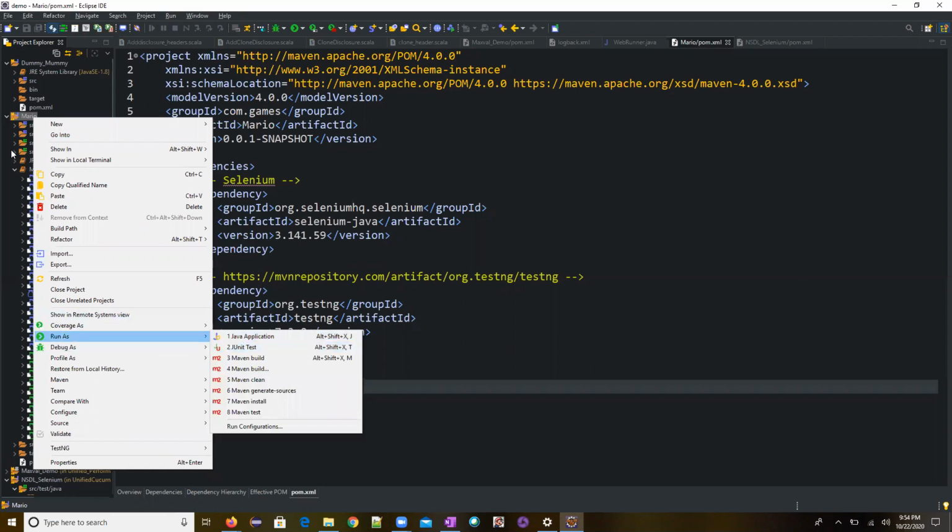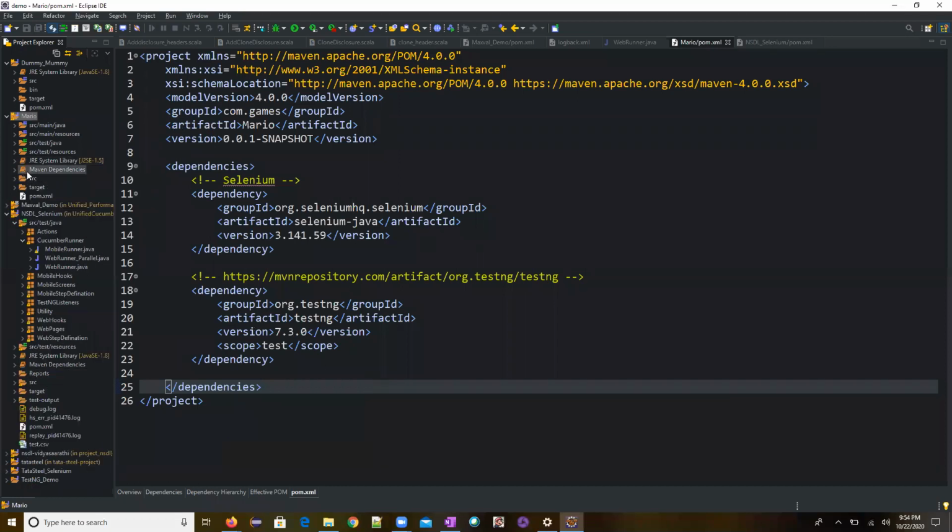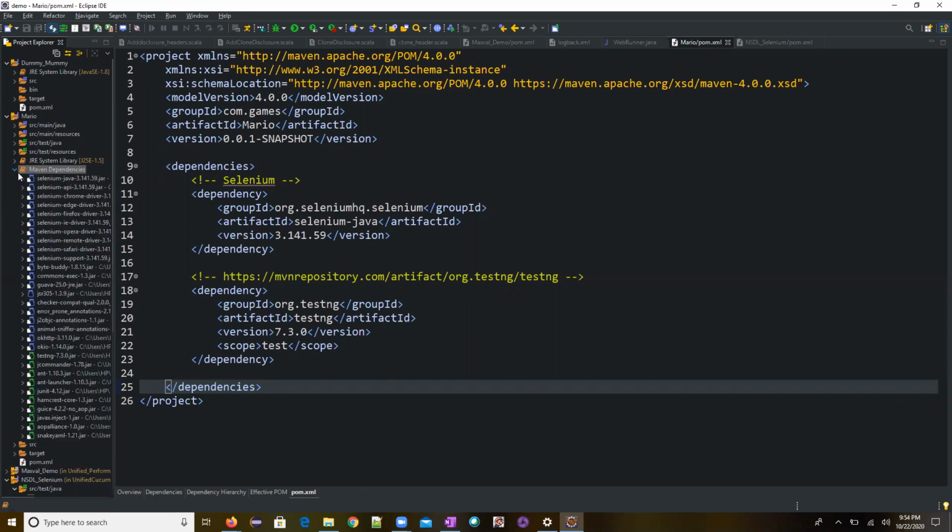TestNG, correct. But now this is running with Maven, because Maven has downloaded all these things, and they are lying in the Maven dependencies. But if you have done it with TestNG, you'll have TestNG dependencies, which would be a separate folder. If you look in your projects and open it, you'll have the JRE System Library, and below that you'll find the TestNG dependency, because you are doing it with TestNG, but here you are doing it with Maven. So that's the advantage of Maven. There is no need to download all those things. Everything will be taken care of by Maven itself.